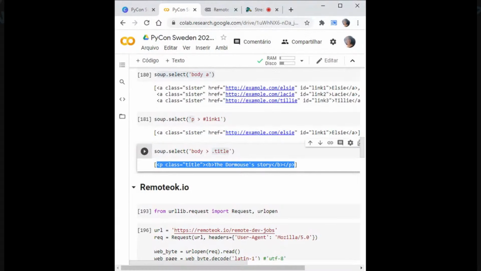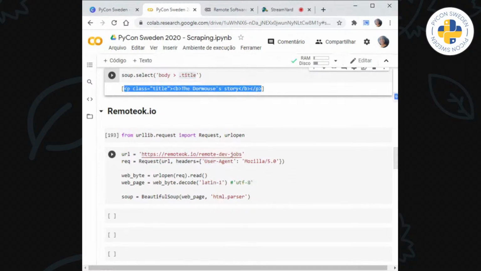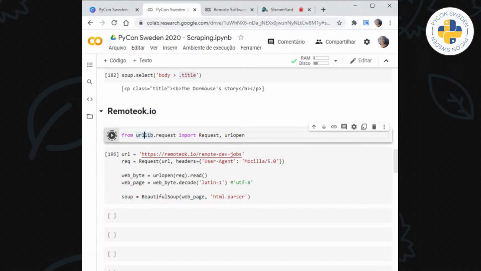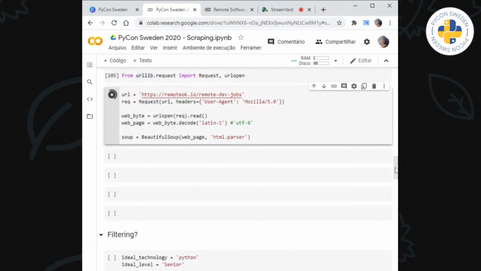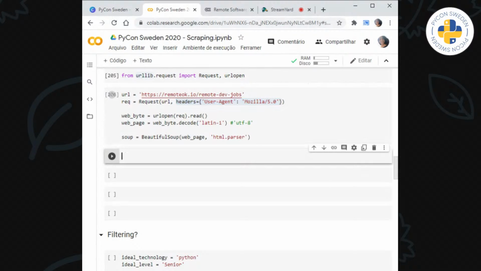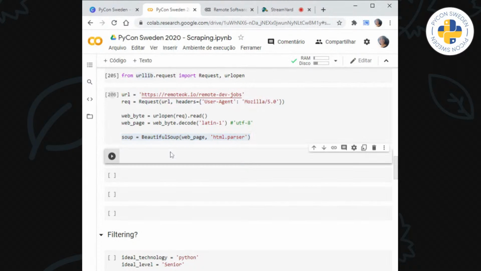As I said before, now we're going to grab the information. There are many libraries in Python to get pages. We are going to use urllib here. So here are the beginning setups. Basically, we are getting the page. This is important because I'm going to explain later, but it makes it easier to not be blocked if we keep changing it. So here we created the BeautifulSoup object, and this should return the whole page.